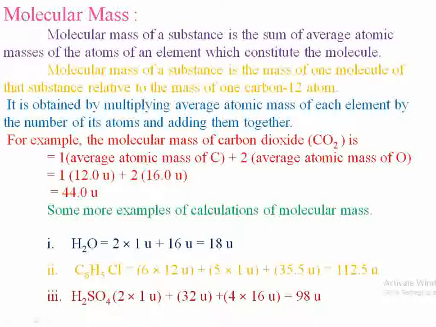Another simple definition: molecular mass is the sum of atomic masses of the atoms present in that molecule. It is obtained by multiplying the average atomic mass of each element by the number of its atoms and adding them together. For example, in case of carbon dioxide,